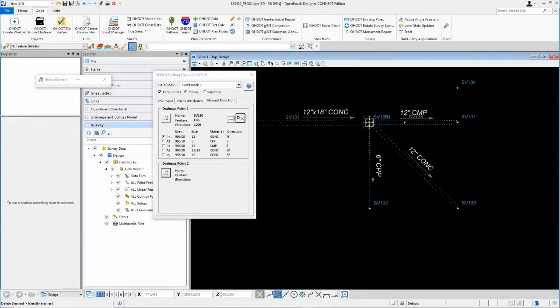Those of you who have used this workflow in the Select Series software know that ODOT had provided some Visual Basic applications for downstream operations. What I mean by that is, on the plan production side, you could read this information in order to draft it on the profiles or the cross sections. OpenRoads uses the 3D model to show information on profiles and cross sections, so we will not be providing any downstream applications to read this data. This is intended for the plan view and plan production side of things, showing the survey information. So to model this in 3D is the next step that we're going to take a look at.